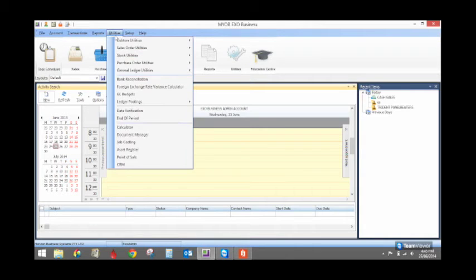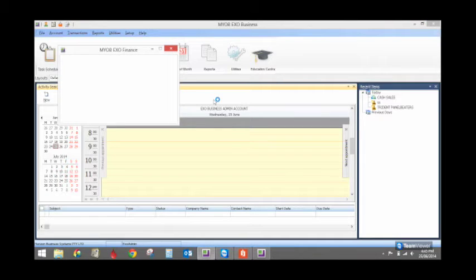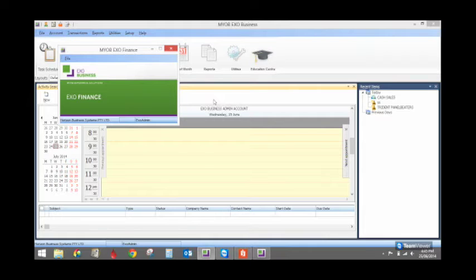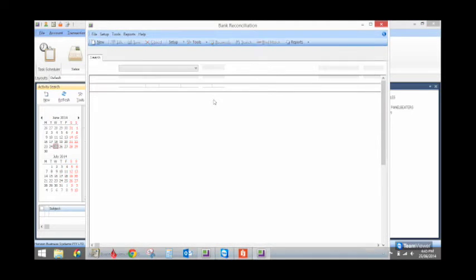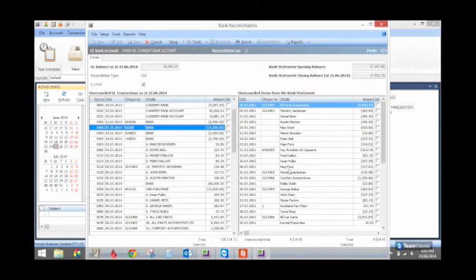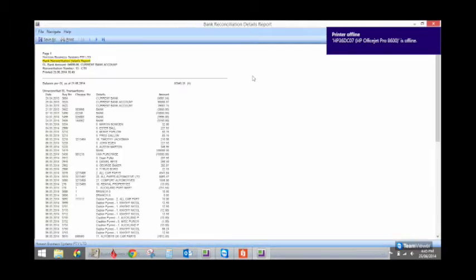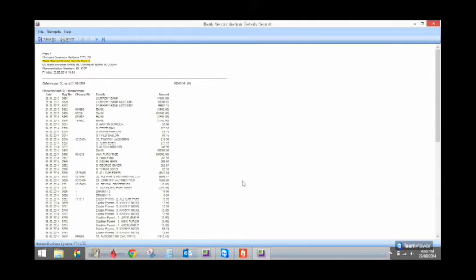So if I go into our utilities, look at our bank reconciliation. So the first thing, as that's loading up, that your accountant is going to look for, as it's taking its time. So I'll just pick the top of the list, the 21st of, and if I go into our reports and go to bank reconciliation details. Here I'm making the assumption that we've already reconciled the bank statement as at 30th of June. And with the way that the end of financial year falls, being on a Monday this year, we'll be able to reconcile the bank right up to the 30th of June. So if I go to the end of the bank reconciliation,